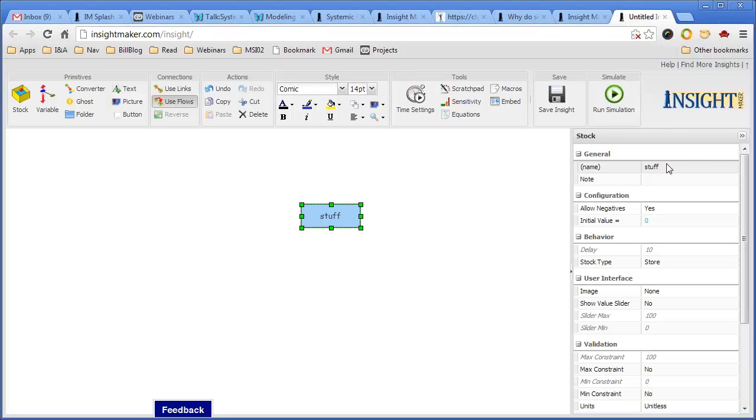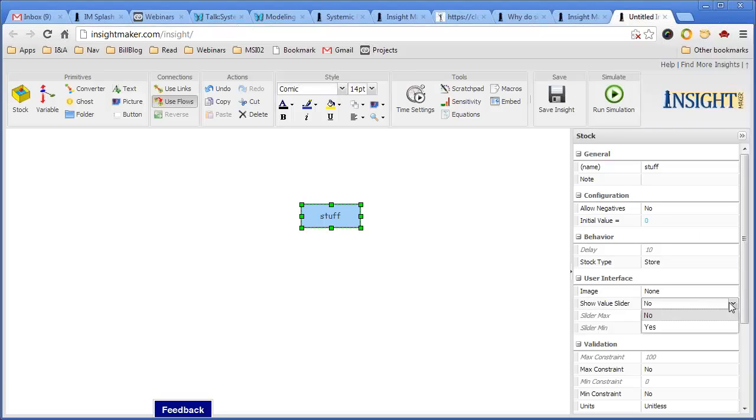They all have a label, which is the name of the thing, and the ability to place a note on it. For a stock, you can define whether or not it's allowed to go negative, and in this case, what I'm talking about doesn't go negative. I can assign an initial value to it, and I can also